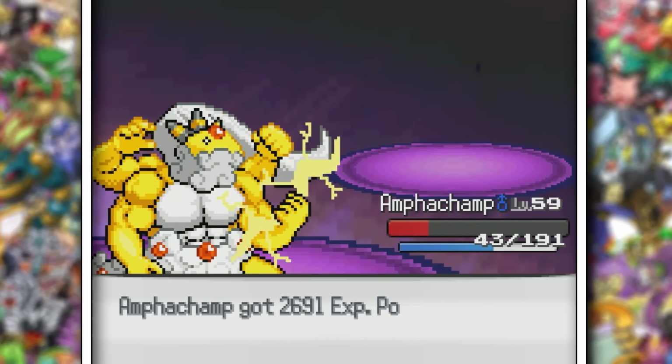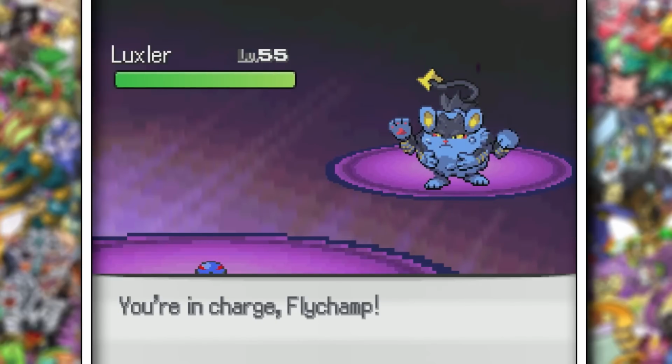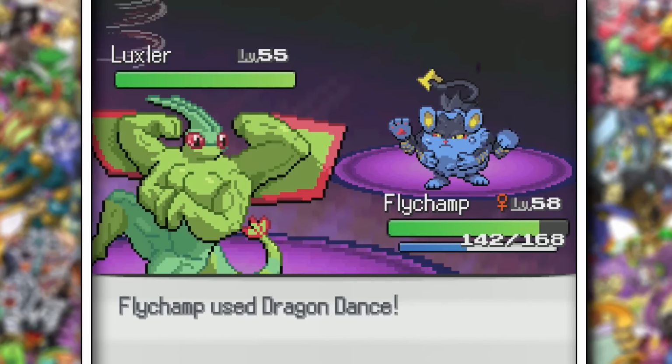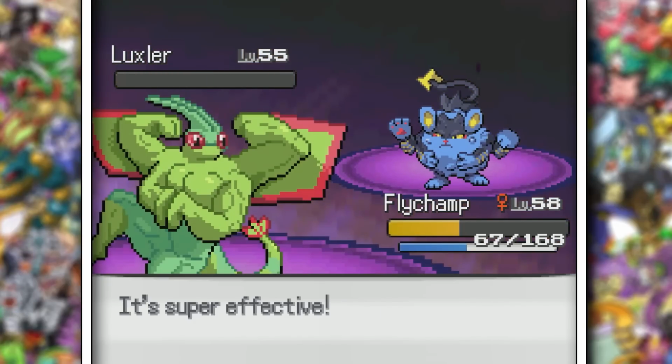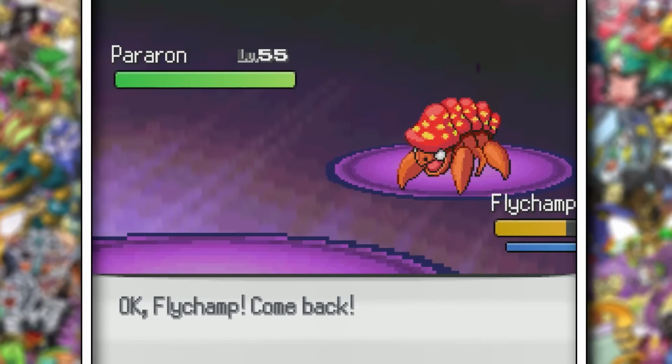Amphitamp is in rough shape, and Luxlure is looking to prey on him. I figure Flychamp is a safe switch, and I'm correct in that assumption coming in on a Stone Edge. I did Dragon Dance, but we took a ton of damage after. Luckily, an Earthquake did KO from full. Pararon is really scary as it could have Mega Drain or Giga Drain, and we're dead, so I make a